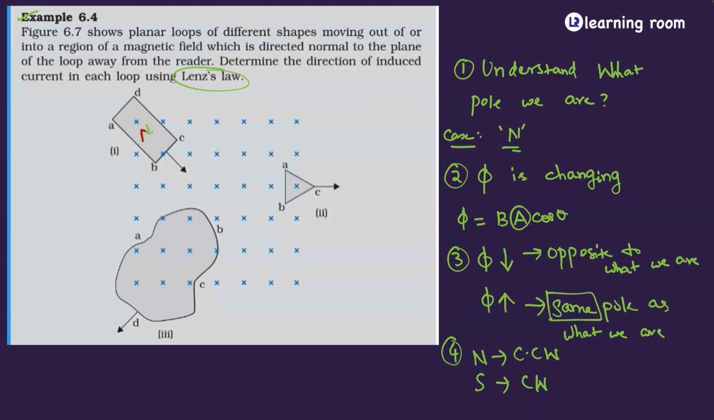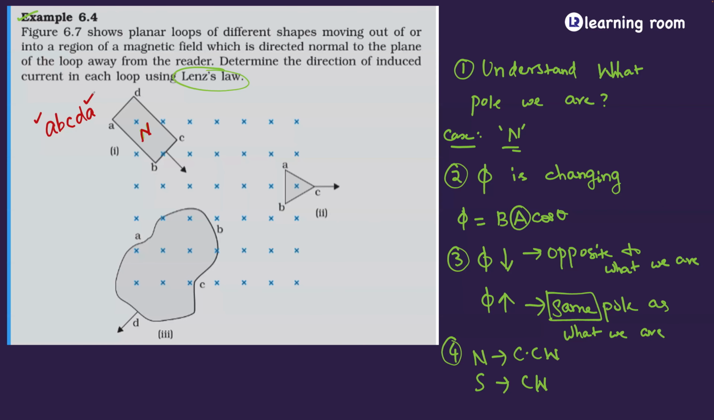So here, since it is north pole that is getting generated, there should be a counterclockwise current flowing in the circuit. So when I say counterclockwise, the current should be in the direction of A, B, C, D, A. So start with the same point and end with the same point. So current in this case is going to be A, B, C, D, A. So if you observe,